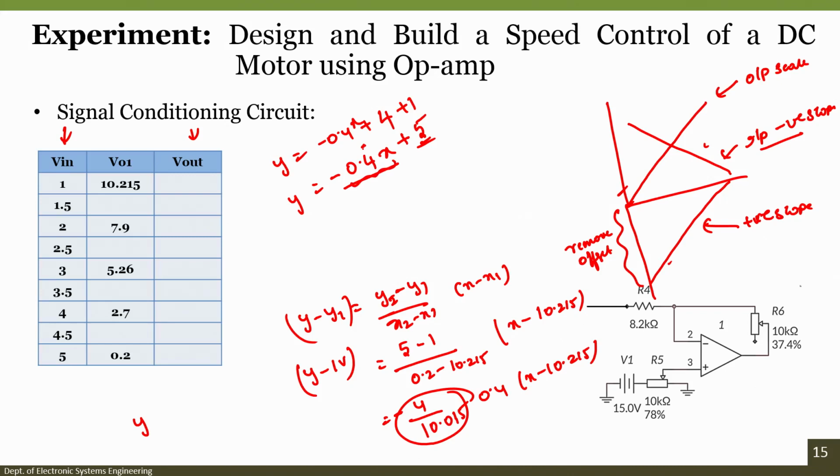We are doing a multiplication. The input has to be multiplied with a factor of 0.4, then whatever output we get has to be subtracted with 5 volts. Why do we not simply use an inverting amplifier in this case, which gets a negative output, then add with 5, an inverting amplifier plus adder?